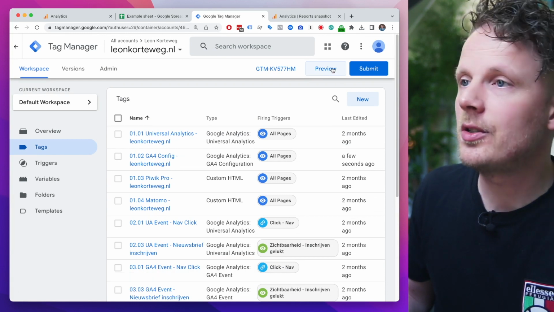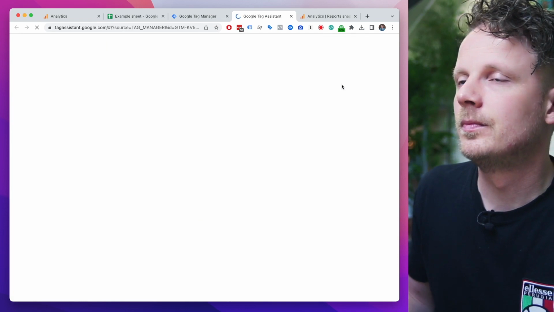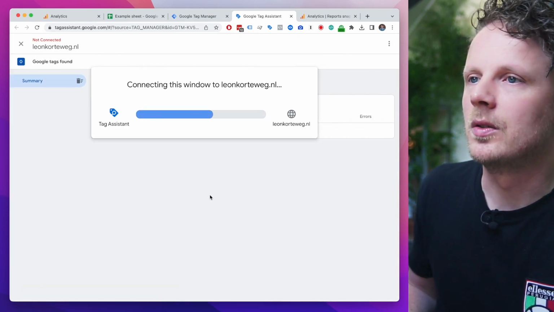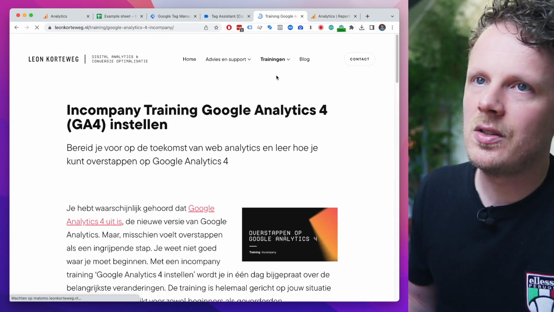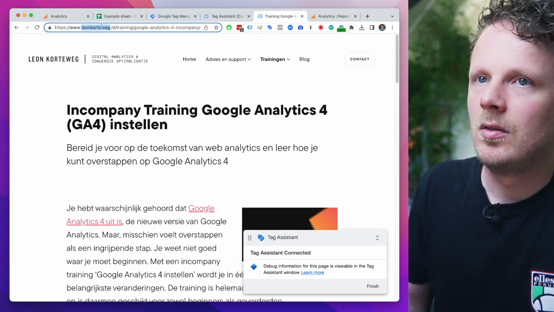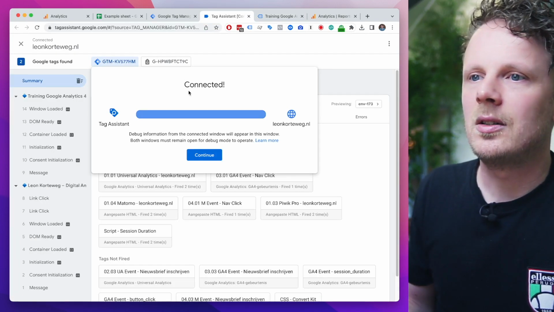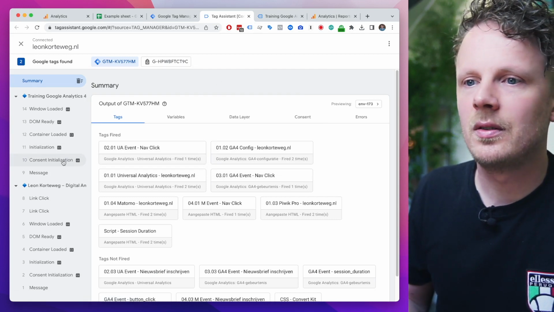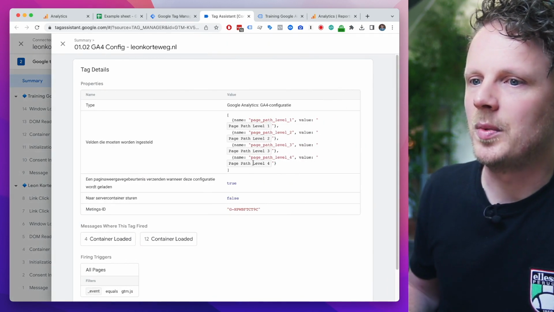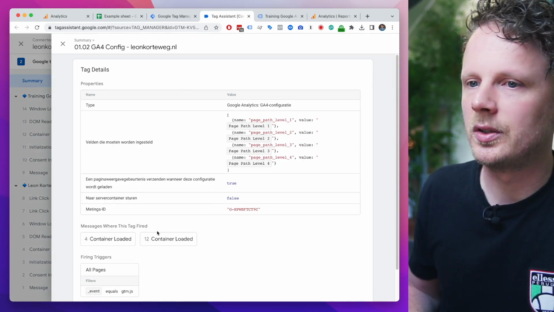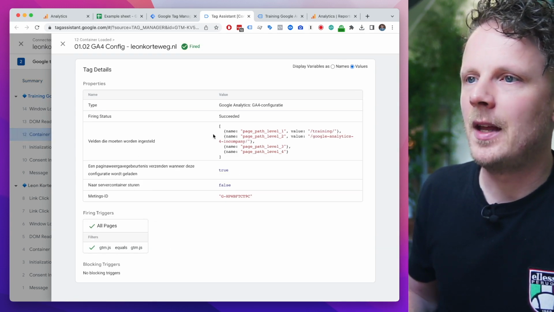Well, let's just go into preview mode and see if this is working or not. Going to connect. This will open up a debug session. Let's go into a training page. So if I open up my site /training/Google Analytics 4 in company, and I go into my tag assistant, and let me find the GA4 config tag. There you go. Well, from here I'm gonna go into the last container loaded, because that's the training page that we're on. And now I can see the